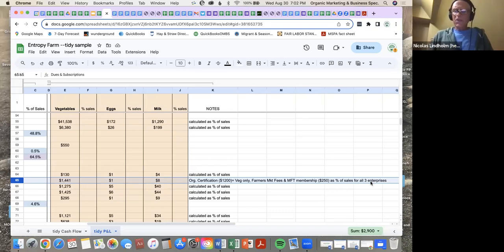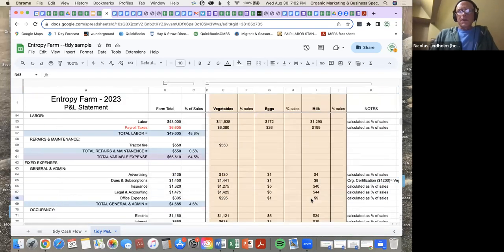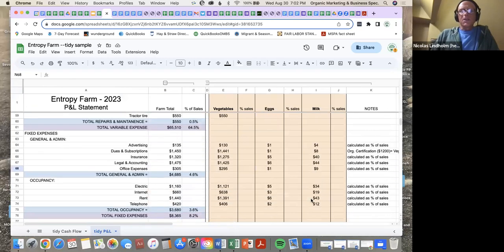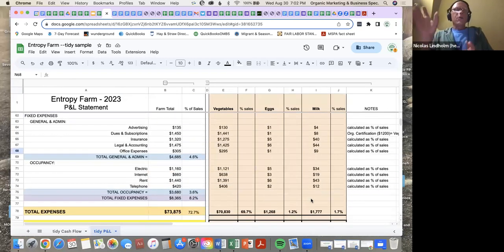So for that remaining $250 on this line item, I allocated that portion using that percentage of sales method across all three. I'm getting into some details, but just to show you some quick illustrations of how these categories can